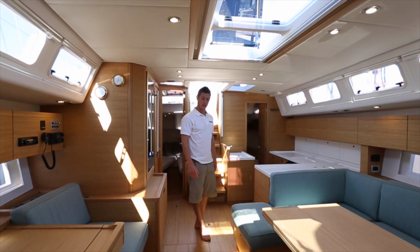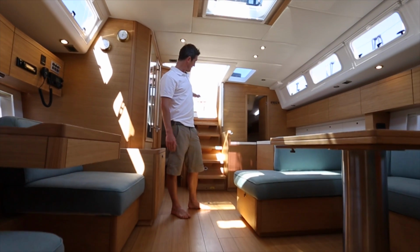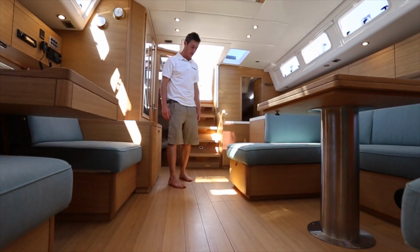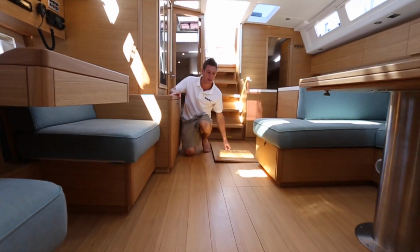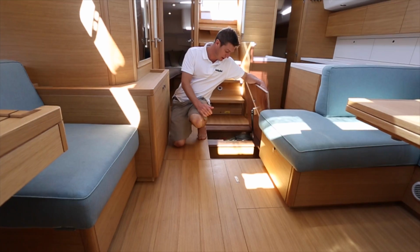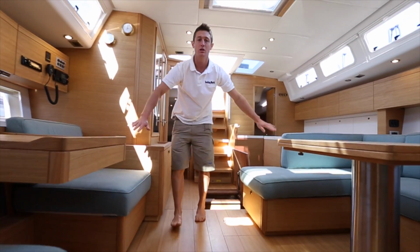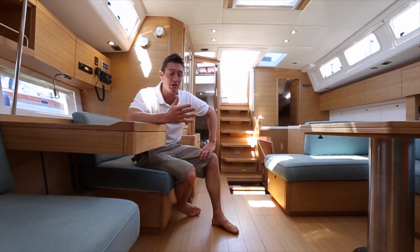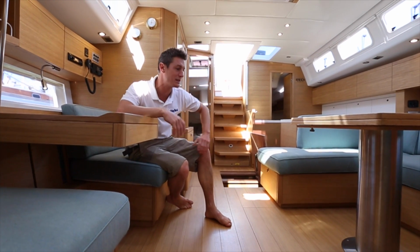Another thing I really like is having a slightly raised saloon sole. The benefits are you have a shallow companionway entrance, you don't feel like you're walking into the depths of a boat, and you have plenty of storage space below. There's a really deep bilge here. That can be just for galley stowage, or it can be a water maker, and under all of this central saloon sole you can keep all of your water and fuel tanks central. So there's 900 litres or up to 1,200 litres of water and fuel, all in the centre of the boat